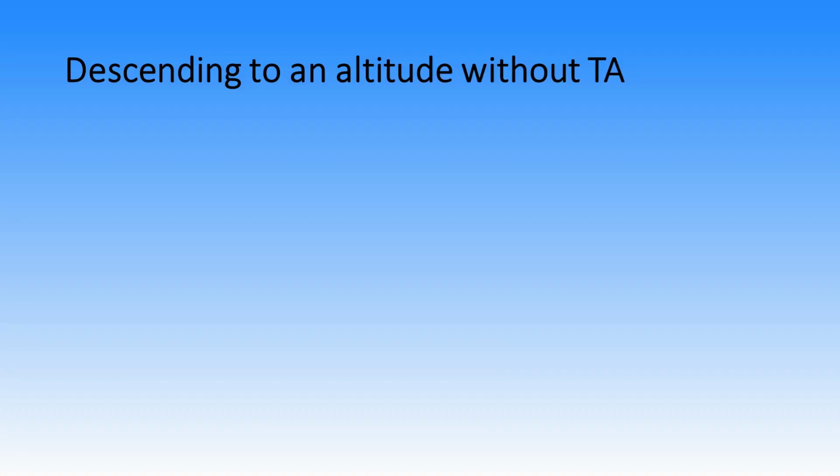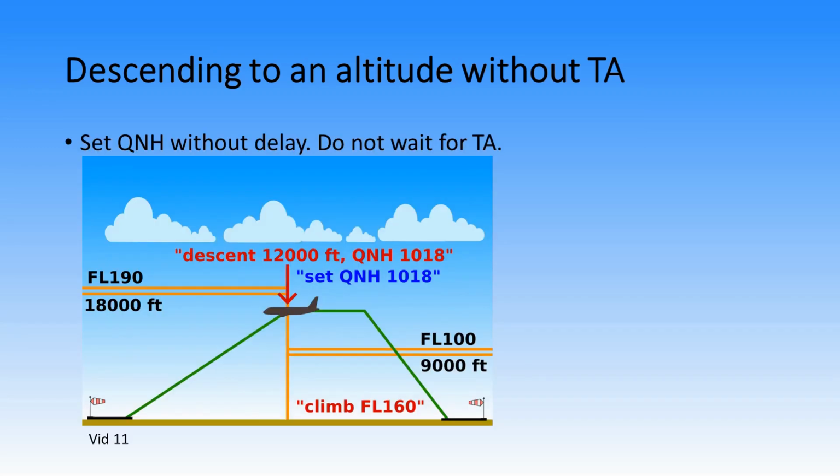So last one, descending to an altitude without a transition altitude. Again, an unusual situation. So what you want to do is set QNH without a delay and do not wait for the transition altitude. So for example, ATC climbed you to flight level 160, so far so good. We're climbing to flight level 160, past the transition, 9,000 feet here, and we set standard. Okay, so we reach flight level 160, flying level, and then ATC says descend to 12,000 feet